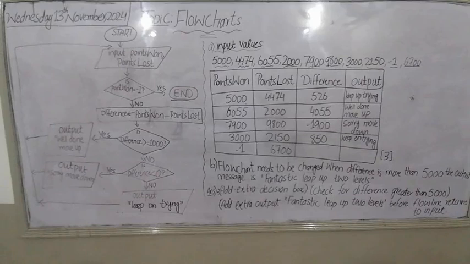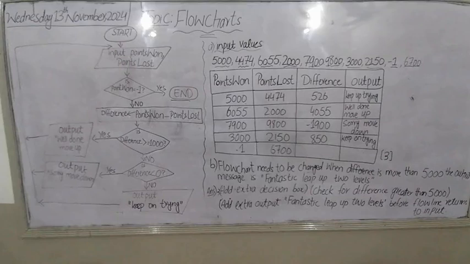As I said, you have to add the values one by one in the given variables, then you have to check the conditions, then you have to subtract the values stored in the two variables, and the resultant value will be stored in the third variable, that is called difference. According to those values you have to check the conditions and write the output messages in the output column given to you in the